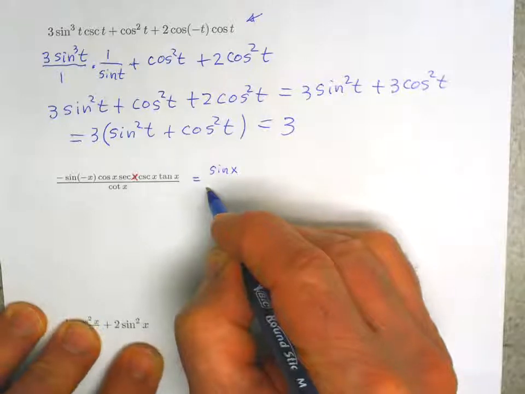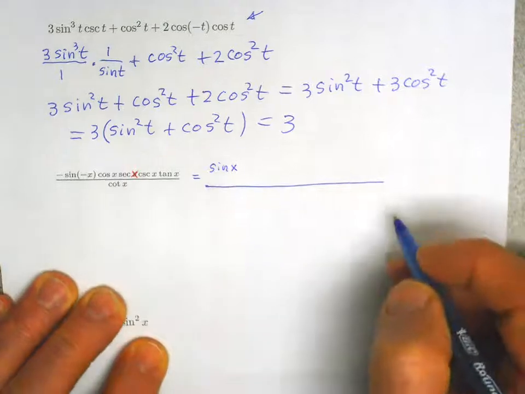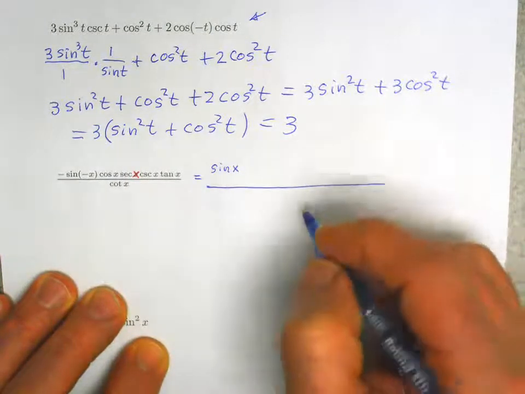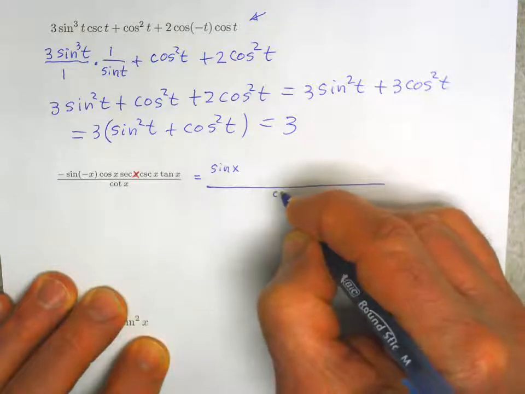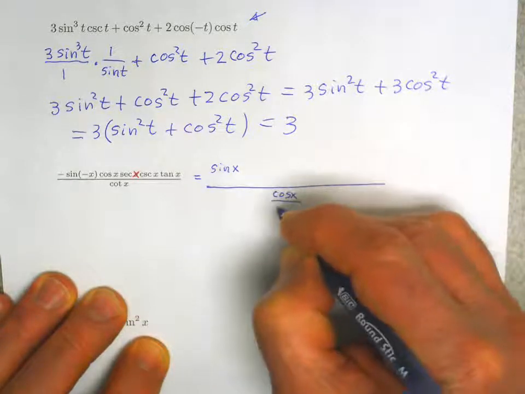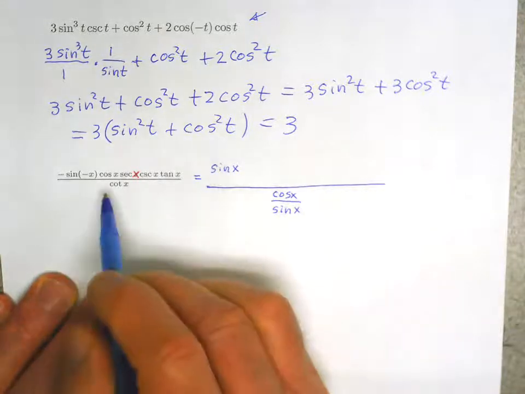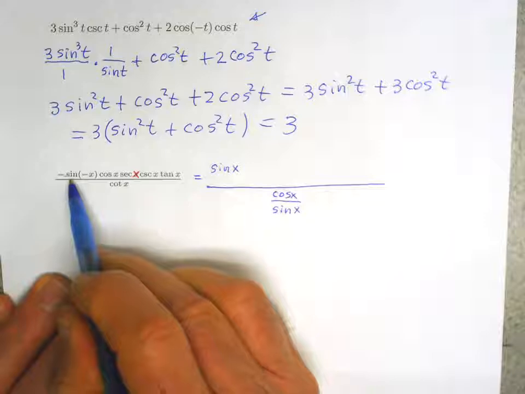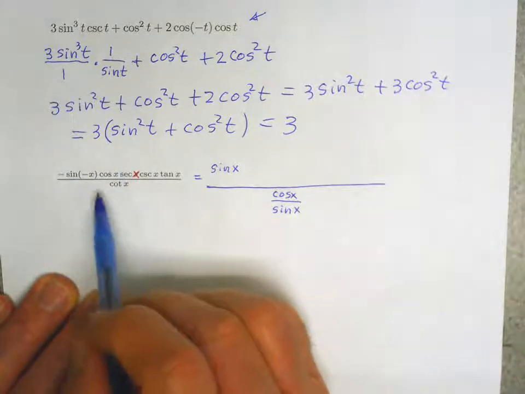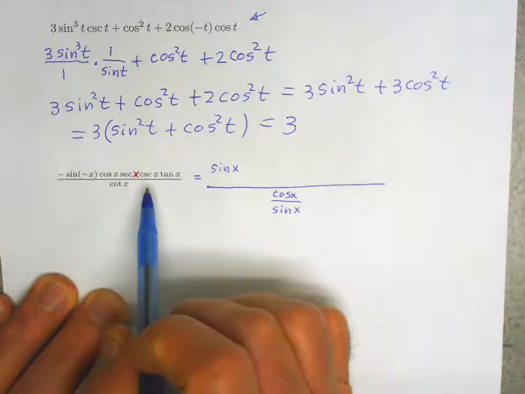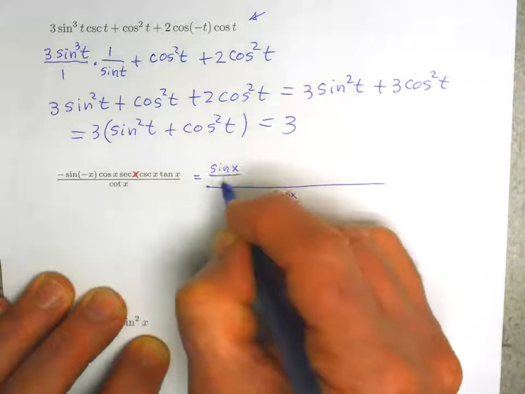So I'm going to divide the denominator, cotangent of x, with the numerator. In the denominator, cotangent of x is cosine of x over sine of x. And so since we have, in the numerator, sine, cosine, secant, cosecant, and tangent, I'm going to write each of those individually as